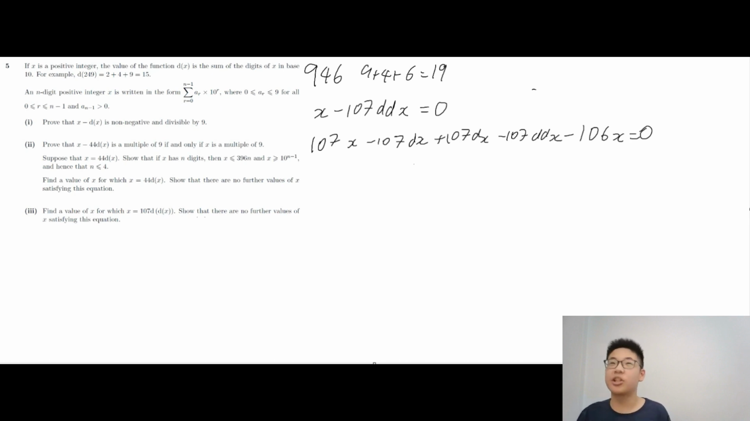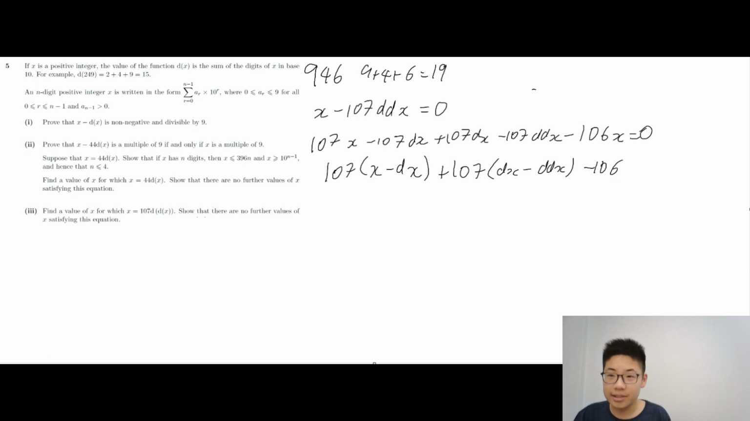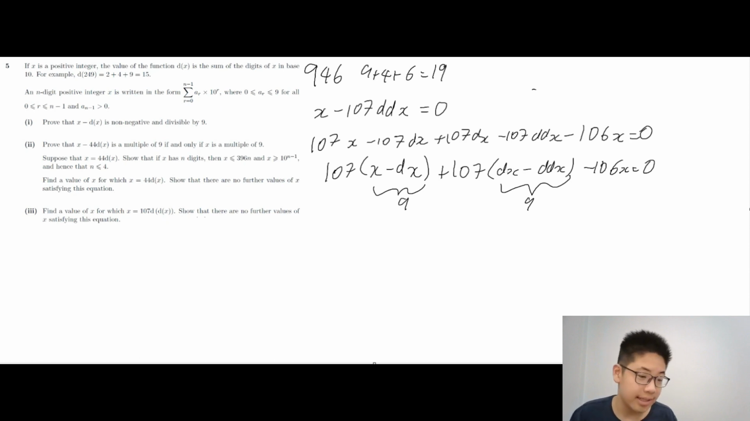Now, please, calculus students, don't confuse the derivatives. They are only using the d of x, which is the sum of all the digits in base 10. So 107x minus dx plus 107dx minus ddx minus 106x is equal to 0. Of course, this is divisible by 9, and this is also divisible by 9, because we can substitute dx for y and get y minus dy. Yeah, that's right. So x has to be divisible by 107 times 9, and if you do the calculation,